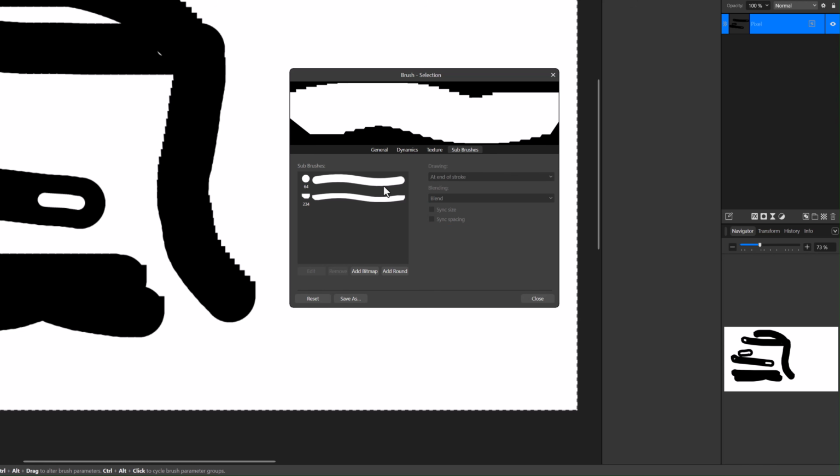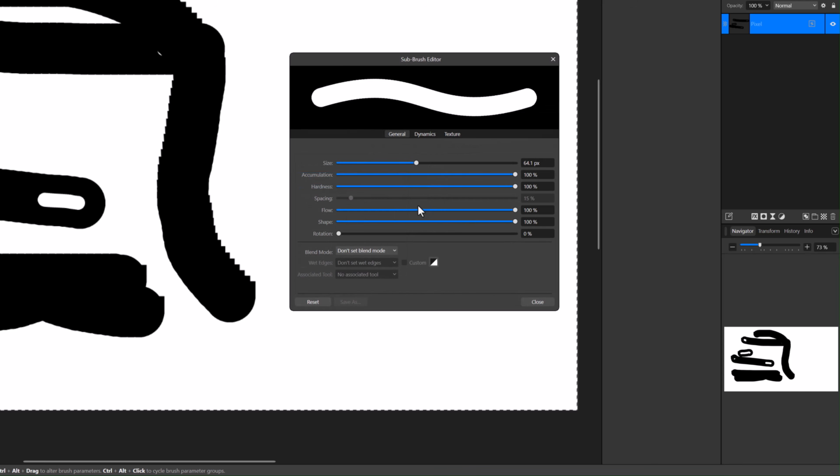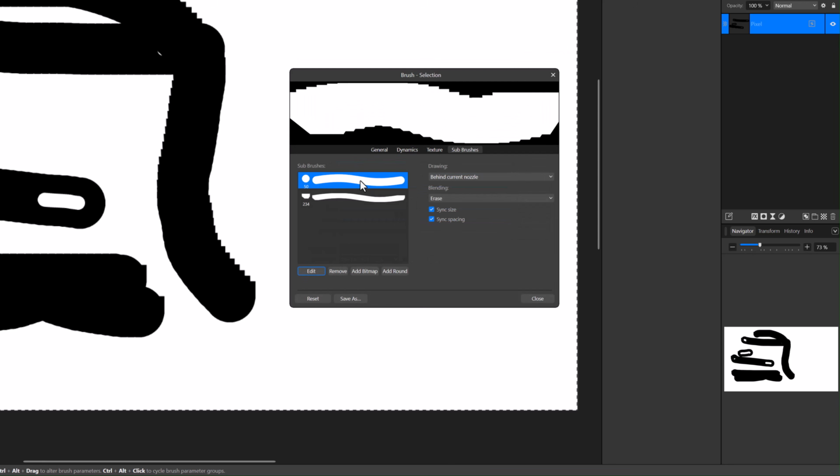Let's go back to these sub brushes here. This one here that is erasing, let's make it so it erases the center portion, so just the center half. So this one here, let's set this size to 50. So that makes it 1/2 of the main brush. And I will come back here so I can see 50, and we want to keep that synced for size